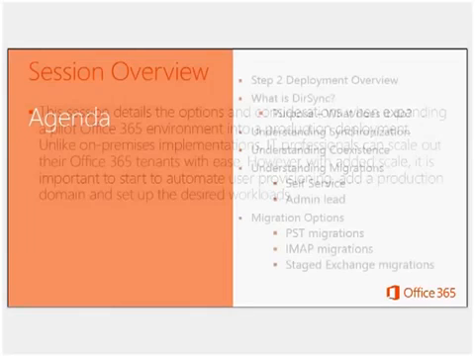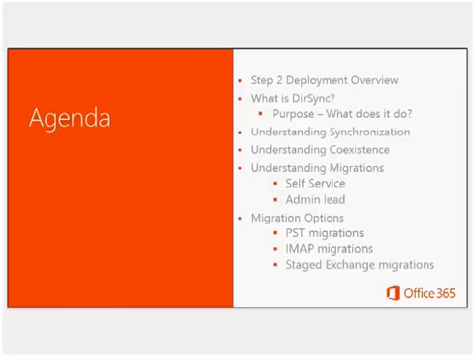So in this agenda, we will talk about the deployment overview. We'll get into DirSync, understanding synchronization, understanding coexistence, and what that word means and what technologies are built around it, and really from a simple coexistence perspective. We'll talk more about understanding migrations from self-service and admin-led to migration options. So really talking about the deployment side of getting users and mail and Office on board